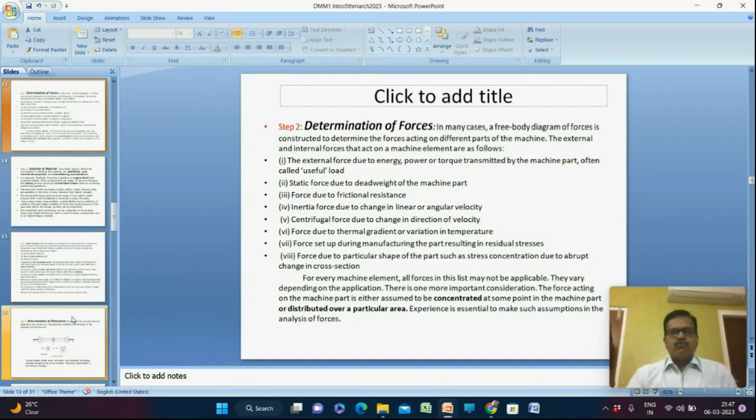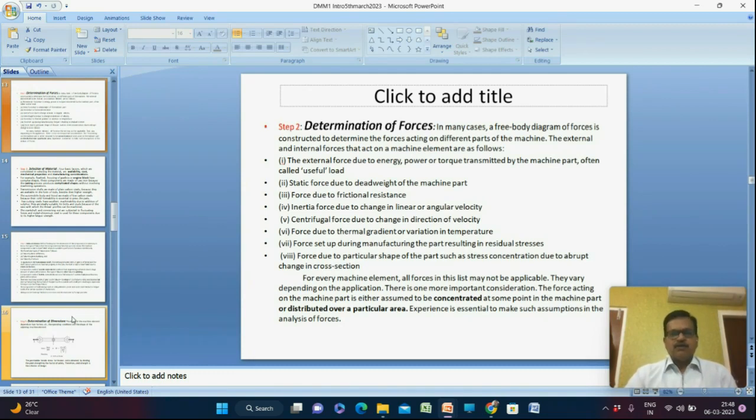And next, force due to thermal gradient or variation of the temperature. And next, force set up during the manufacturing of a part resulting in residual stresses. And next, force due to a particular shape of a part such as stress concentration due to abrupt change in